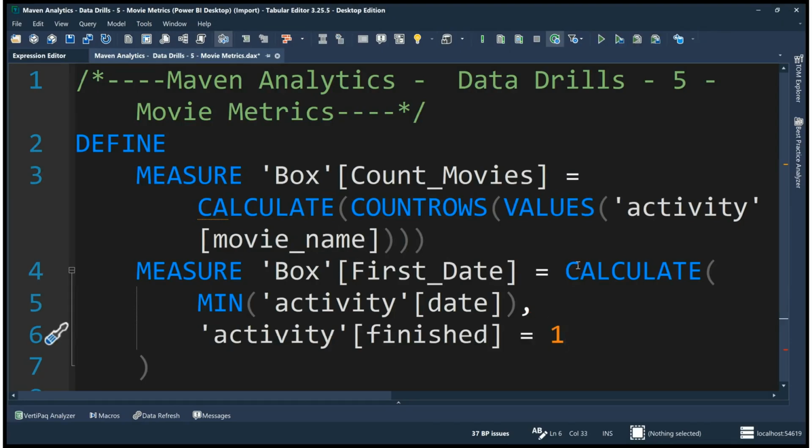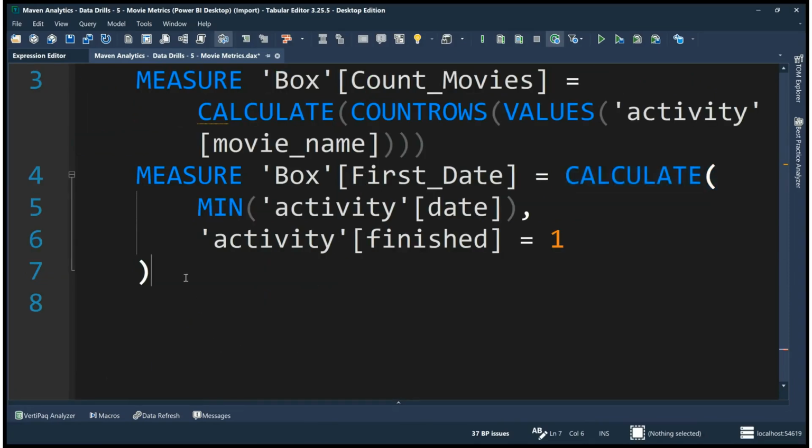What this means is that we want to get all the finished movies first. Once we get all the finished movies, we want the minimum date of those finished movies,